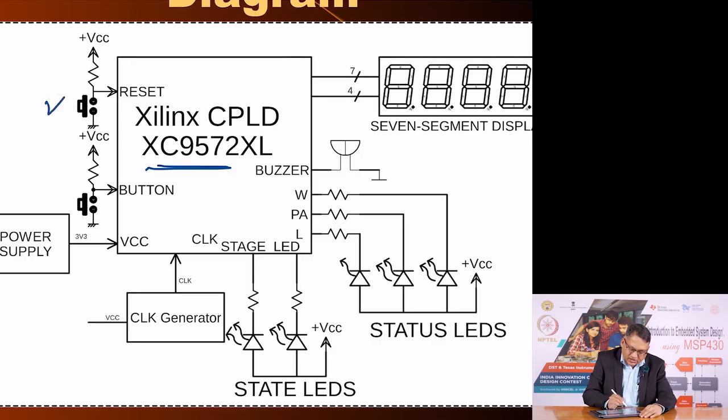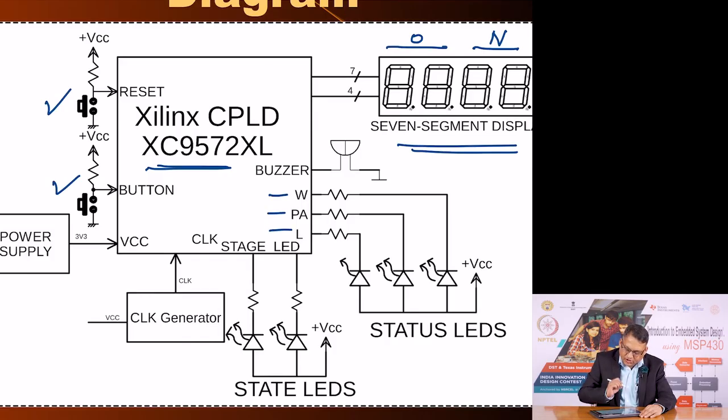It has two switches, reset and the button which is used by the user to interact. It needs a power supply, I am going to come to that. Here is the display which indicates the new number here and the old number here. These are the three status LEDs which indicate win, play again and lose,